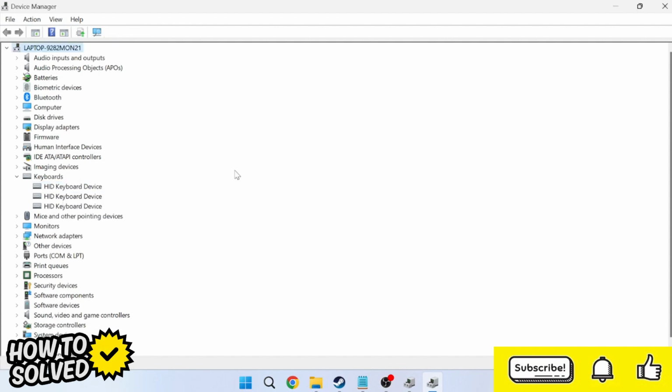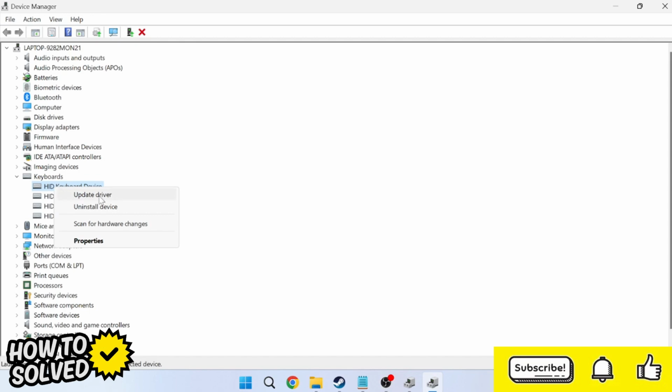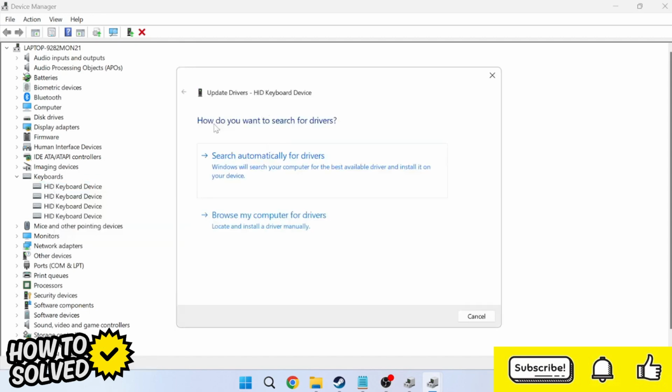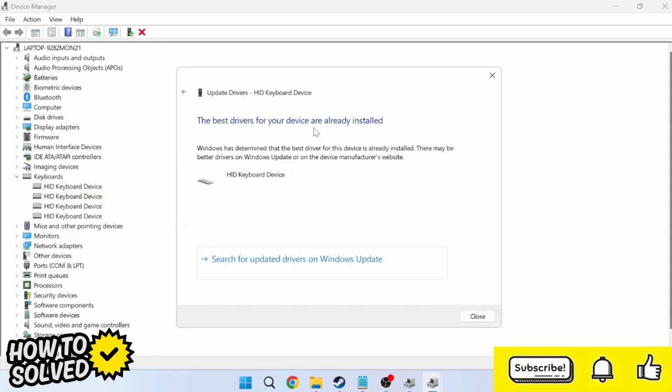And if that uninstalled correctly, then right now you won't be able to press or use anything on your keyboard. So to reinstall the keyboard, what we need to do is come over to Action at the top here, and then press Scan for hardware changes, and that's going to go ahead and reinstall our keyboard as you can see here. And once the keyboard's reinstalled, what we need to do is right click on this keyboard, come over to Update Driver, and then press Search automatically for drivers here, just to ensure we are running the latest drivers on our device. As you can see, I'm already running the latest drivers here, so we can close out of these